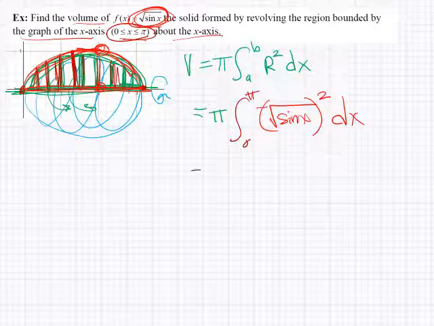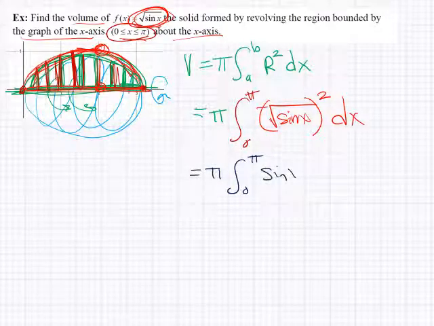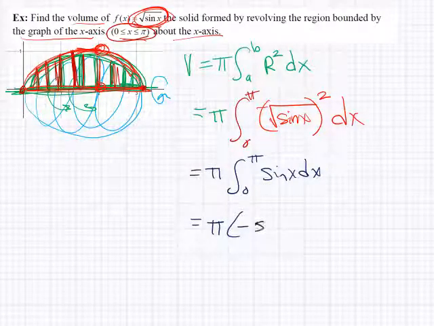So in the end, what do I get? I get pi integral from 0 to pi of sine x dx. Once I have it set up, the integration should be easy. The integral of sine is minus cosine